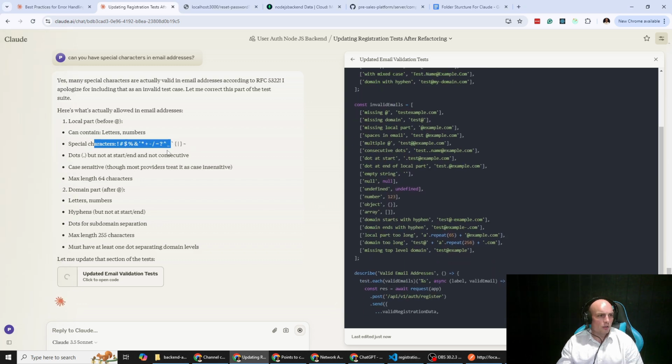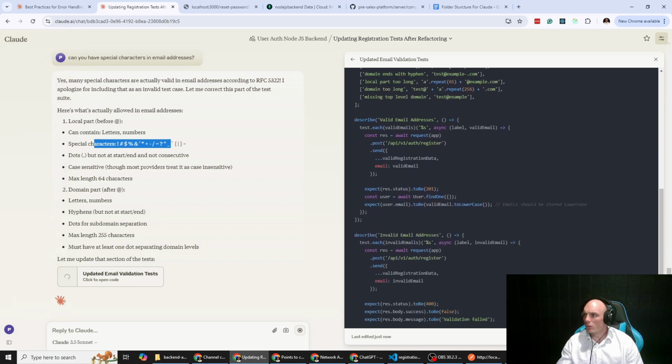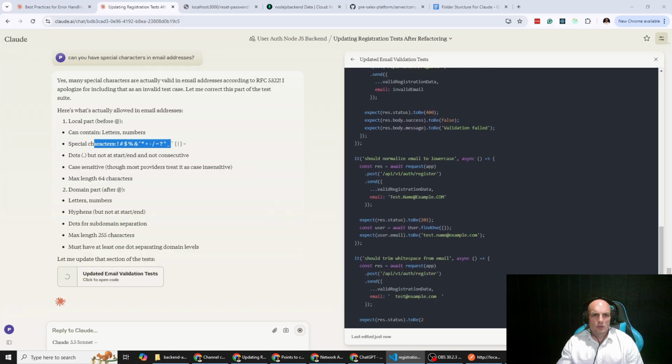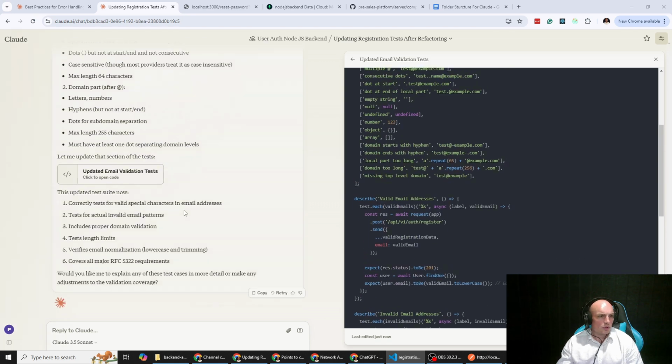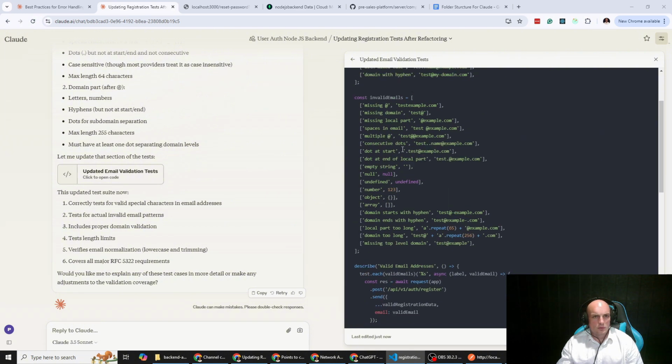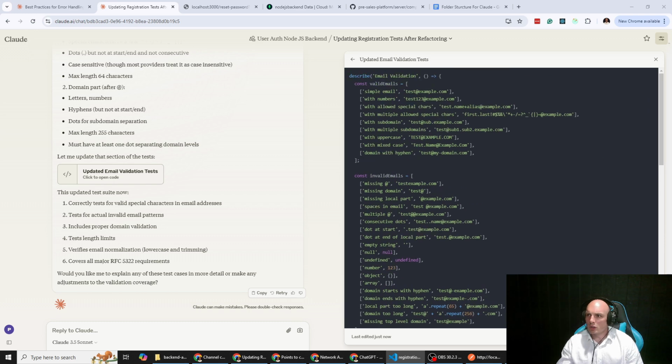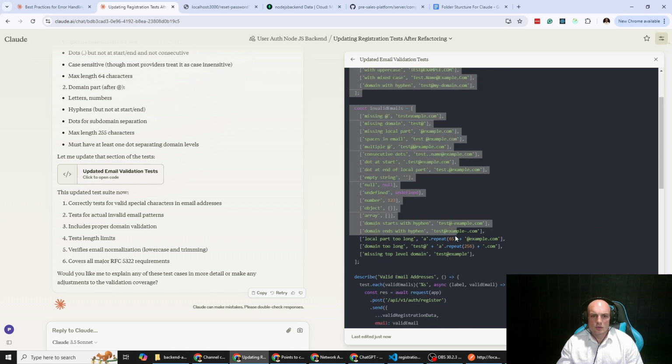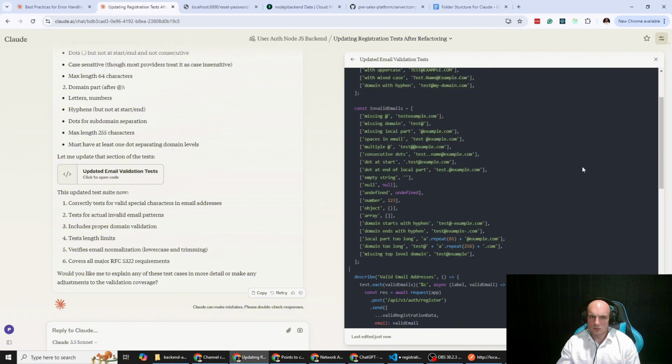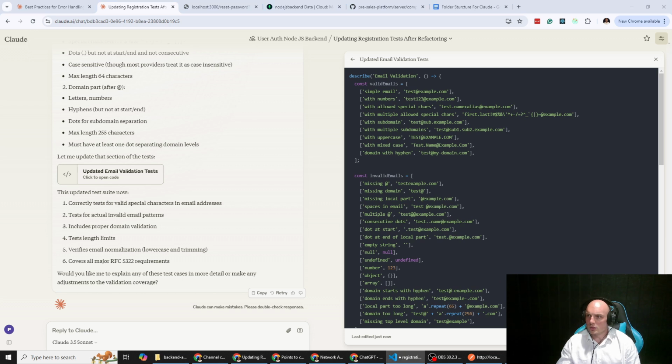You can contain special characters. So I don't know why you wouldn't want to allow special characters. Whoa. Okay. So email validation. Valid emails. Okay, so